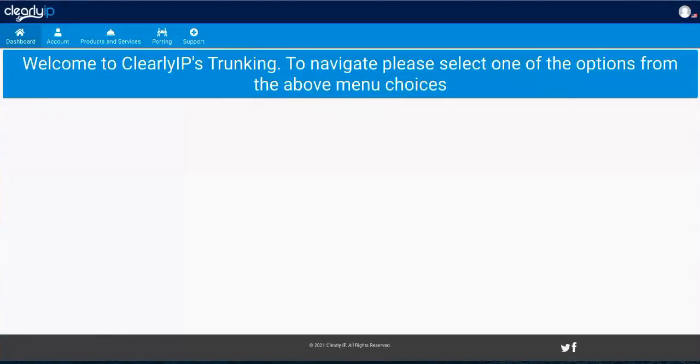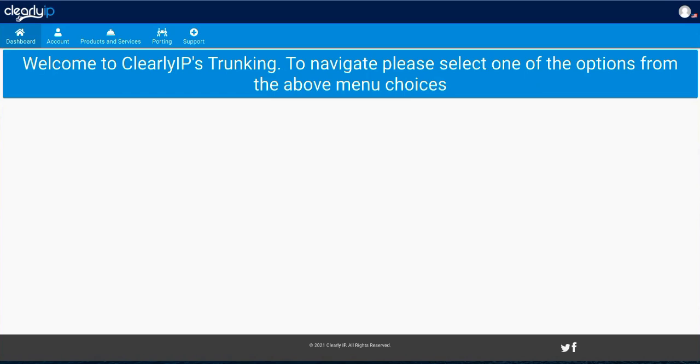So we're just going to walk through our dashboard portal here for trunking and the different pieces of it. And we're going to do a quick connection to FreePBX as one of our preferred PBX providers that we recommend with our SIP trunking. Our SIP trunking can work with any provider. We've done a lot of nice integration into FreePBX-based systems to make it easier. So we'll show you that here after we walk through the store. So I'm logged into our